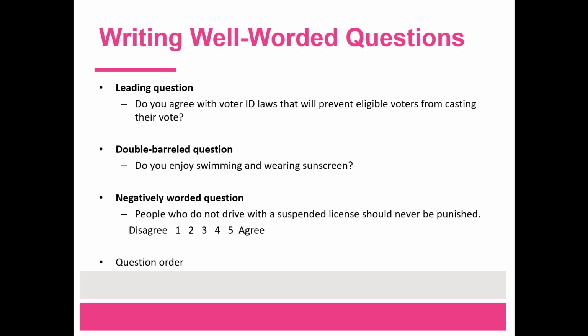Double-barreled questions are when two questions are asked in one. For example, do you agree that the Second Amendment to the United States Constitution guarantees your individual right to own a gun, and that the Second Amendment is just as important as your other constitutional rights? Here, both questions are asked as one, which forces the respondent to choose one answer that may not apply to both questions. Negative wording can act to add confusion to a question as well.